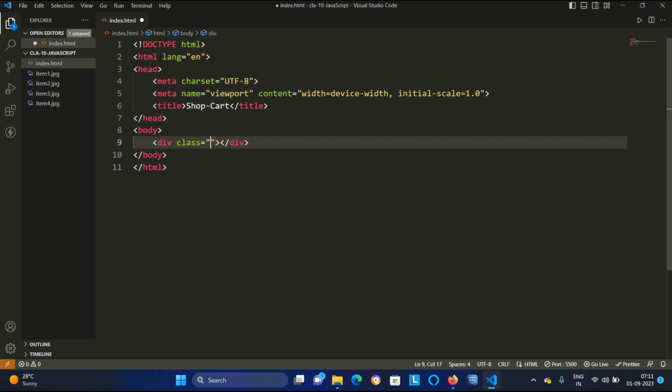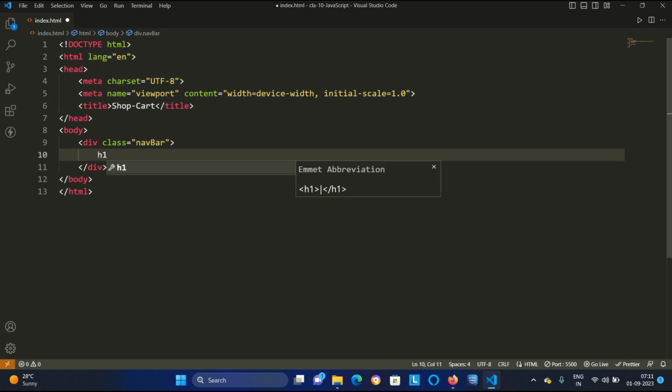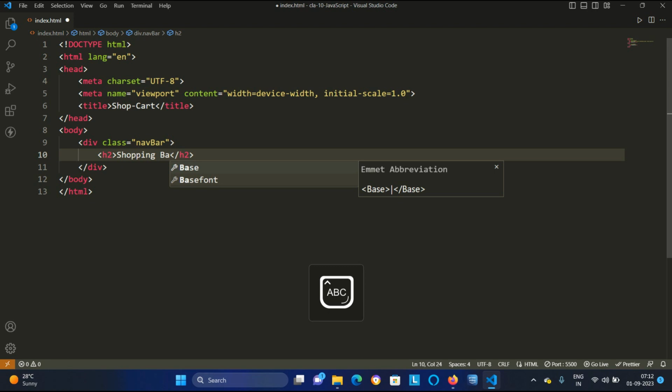To give a name to any div, what will you do? You will create a class for that div. So that class name I am giving as navbar. Yes, I am making it camel case. Okay, navbar, and here in the navbar there will be one heading first, and that heading I am saying as Shopping Bar.